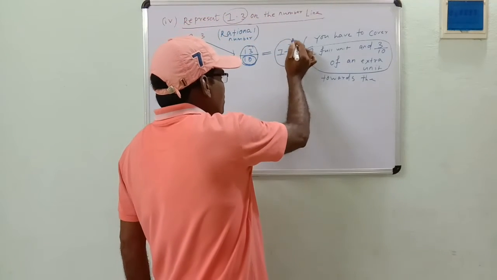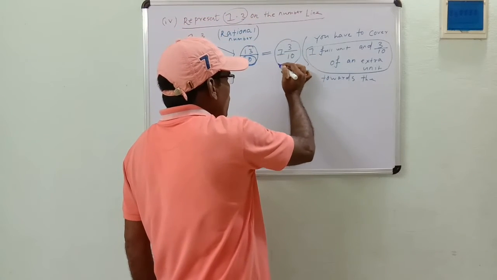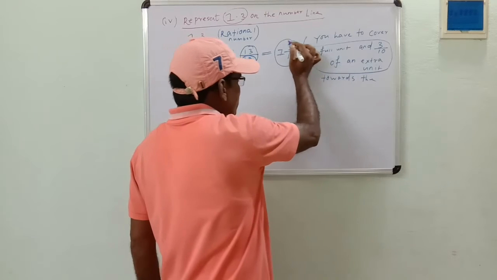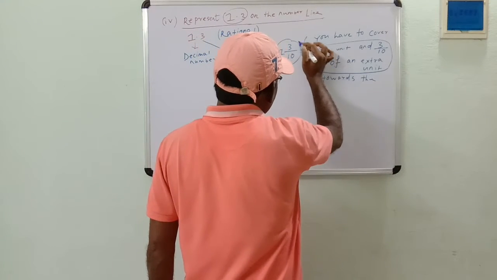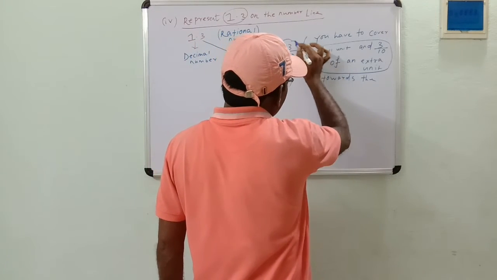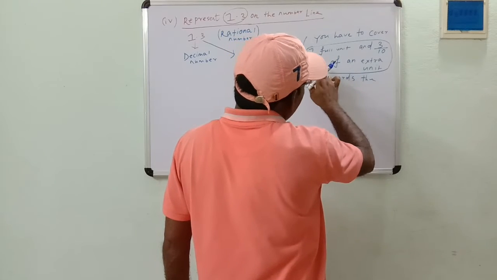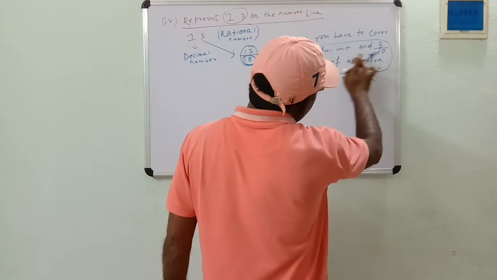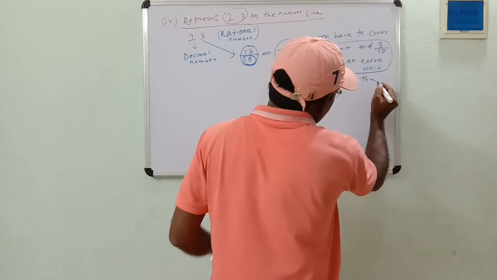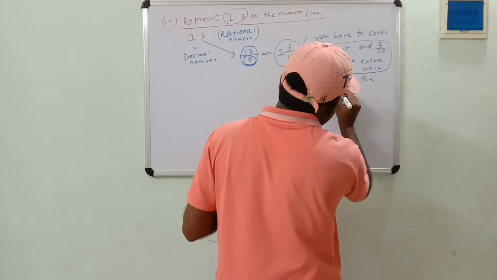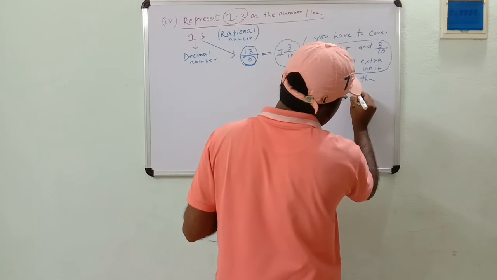But as it is not a negative rational number, it is a positive rational number, therefore you have to cover this distance towards the right of 0